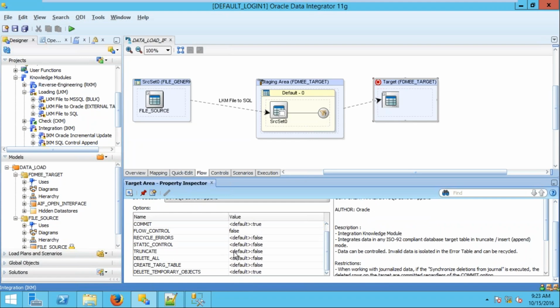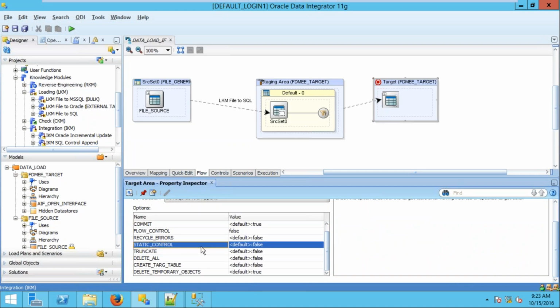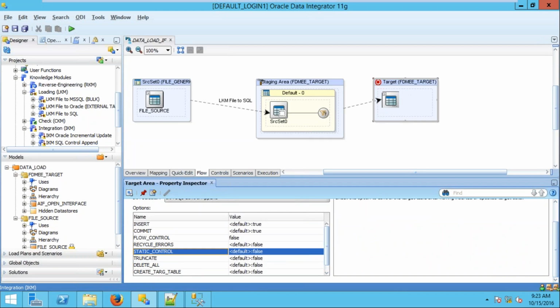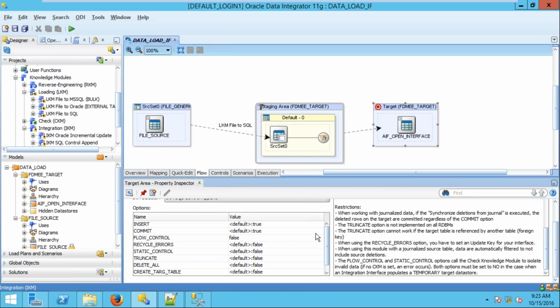And once the data is loaded, the next time when you are going to load the data, it will be truncate, delete. Likewise, we will be having some options. So based on those options, you need to give the information for that integration, how you are going to load the data into the target. Okay. So once you have given this one,